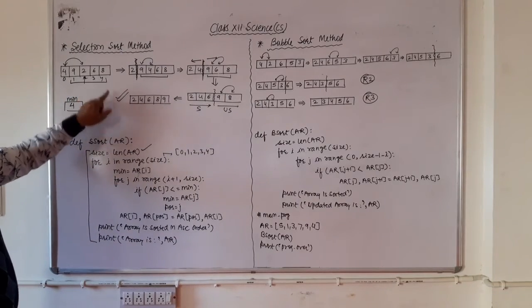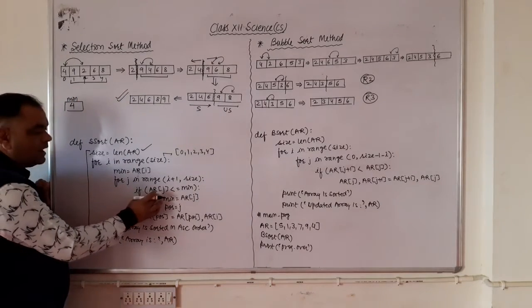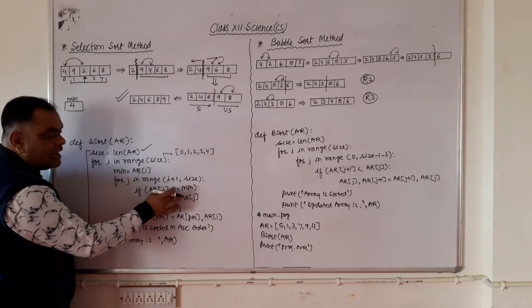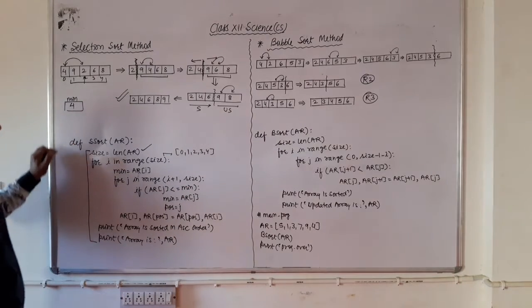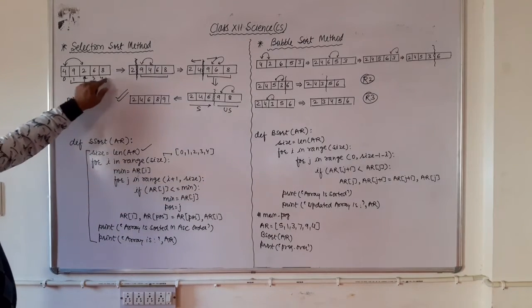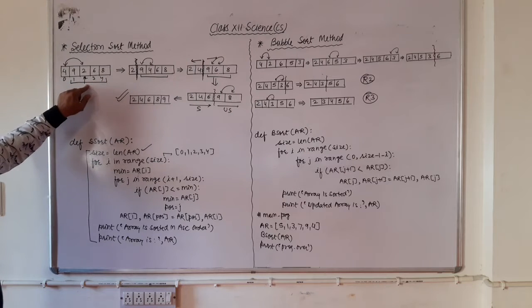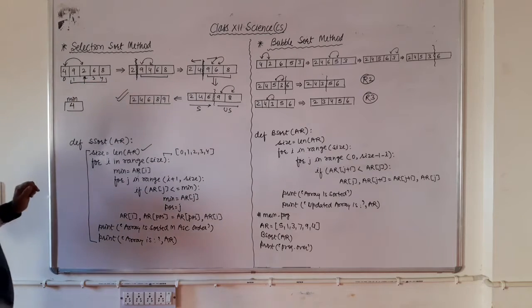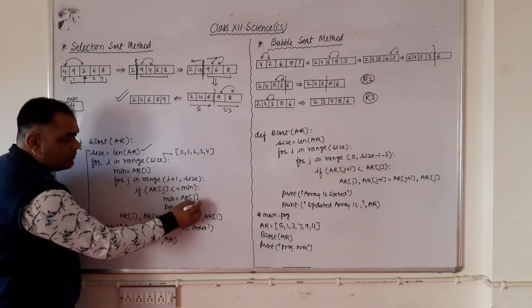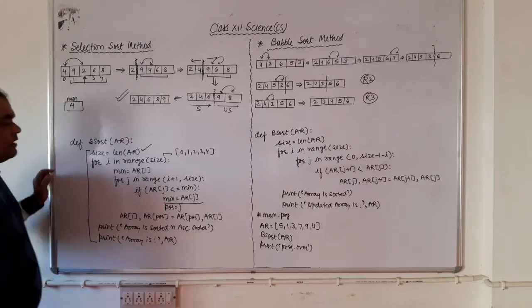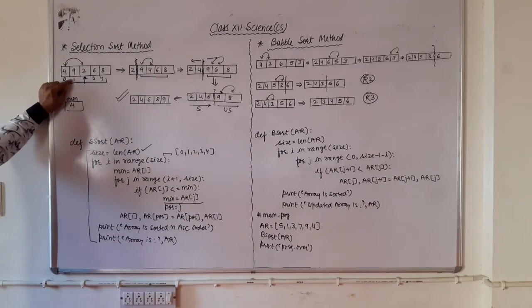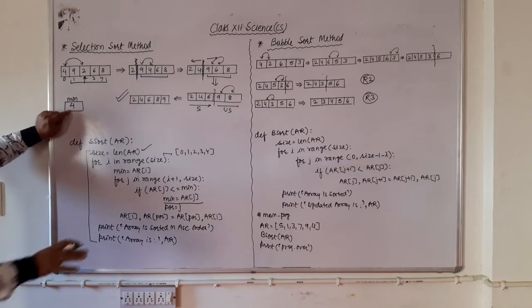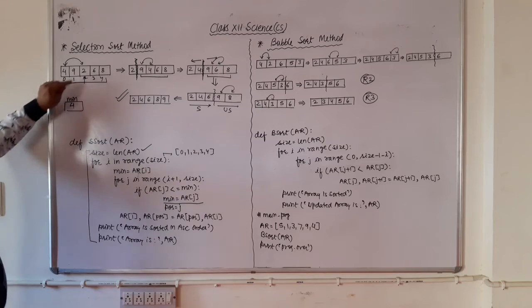Now out of these, the computer is going to find out if AR[j] is less than or equal to min. Min is 4 and any AR[j] means AR0, AR2, 3 and 4. If it contains a minimum element, then what will happen? Now just see, we are going to execute the code. The value of j is 1 here. So 1, 9, 4. If is false here, then 2, 4.